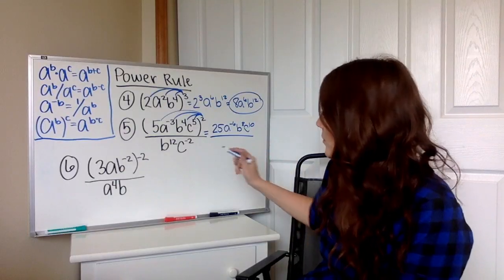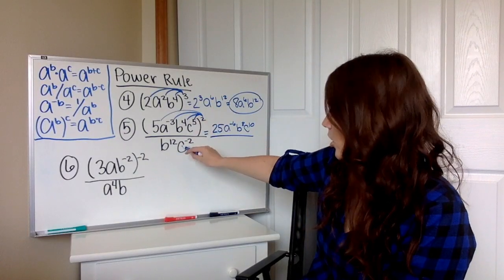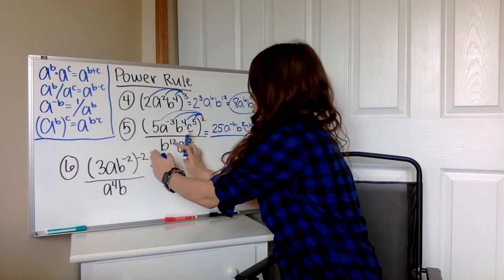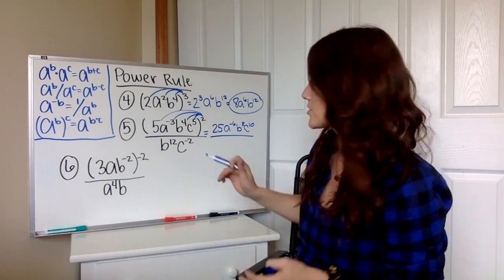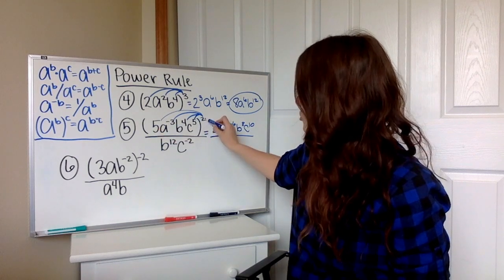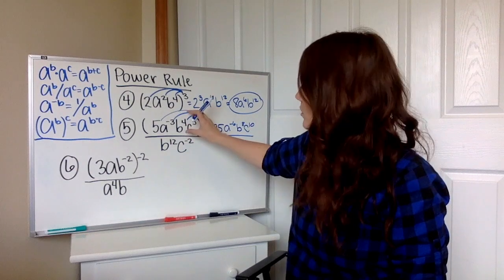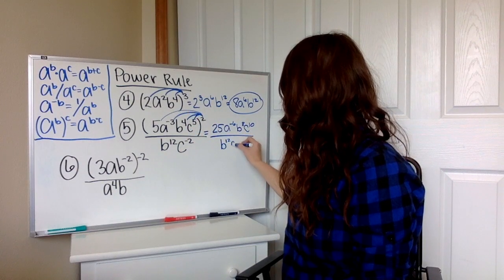10. Now, keep in mind, we still have this 2 on the bottom. This 2 was not distributed onto that, right? If this whole thing was in parentheses, yes, this 2 would have to come down here as well. That is an important note to make. If the parentheses were over this whole fraction, this 2 would need to be distributed down here as well. However, it's only on the top part, so that's just going to stay b to the 12th, c to the